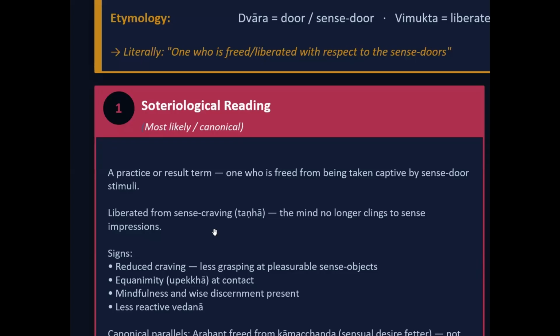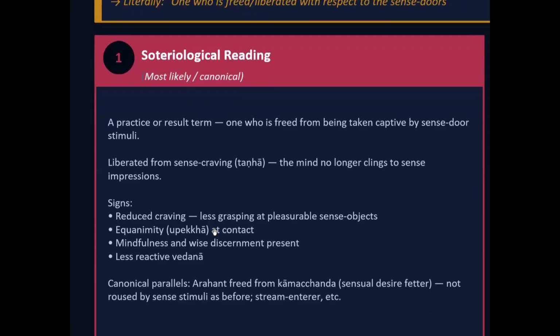So when you observe carefully, you see you reduce craving, less grasping at pleasurable sense objects. Whatever food, a monk should not be selective. I have seen monks, and I don't want to criticize too much, who like a particular restaurant when you do dana to them. That's very bad. I don't respect that. Whatever food given to you is an honor for us to give because we respect them, but not at the expense of us. They want to choose whatever they want.